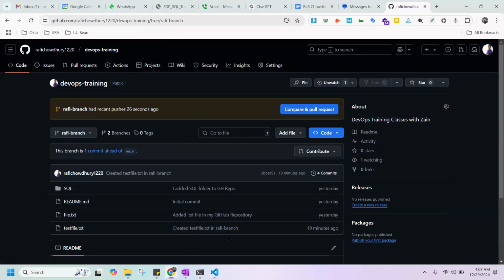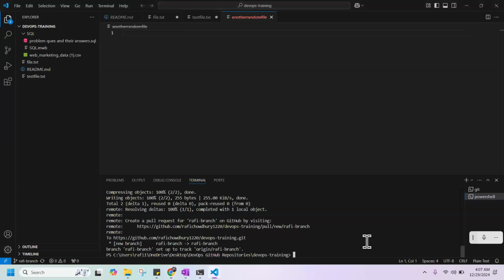Now the third one is not here, right? So we need to do the same process for it, right? So how can we push our third branch? We need to go first into that particular branch, right? So move into that particular branch that you want to push into your GitHub account.